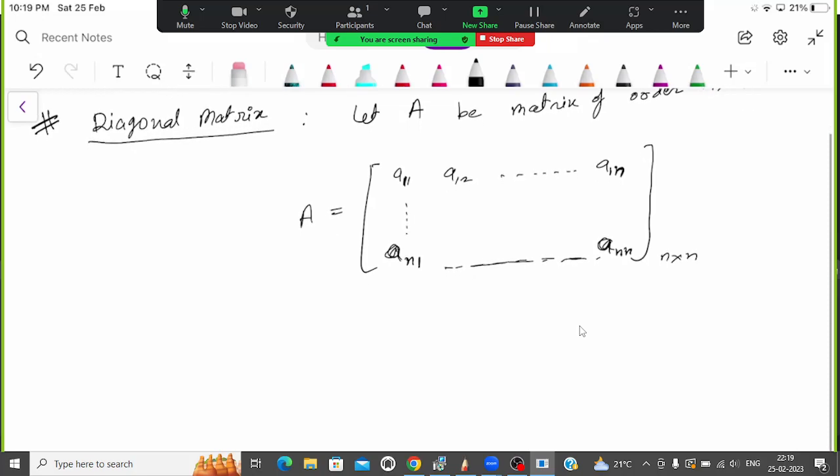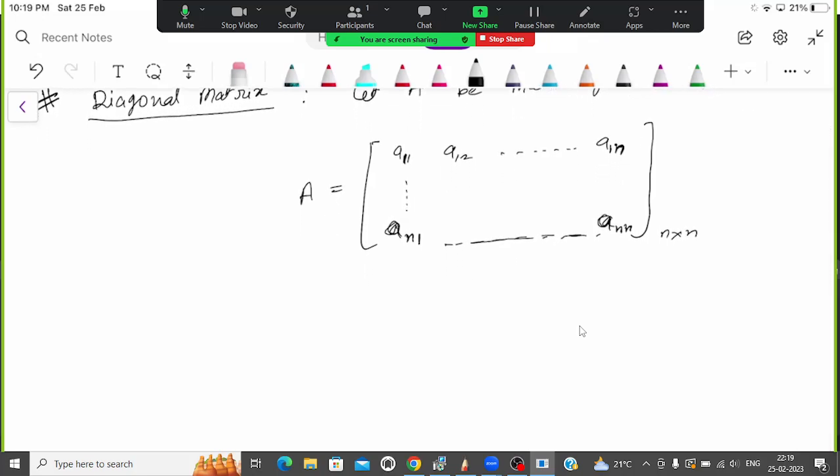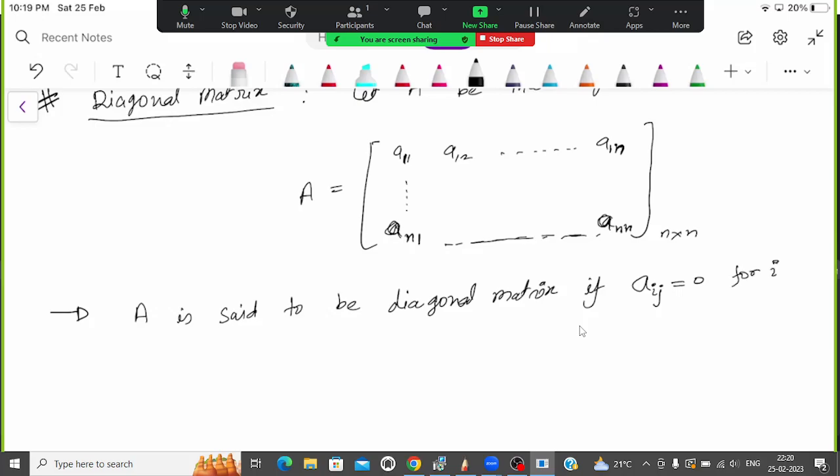Now, what is a diagonal matrix? You can call a matrix A a diagonal matrix if the element a_ij, meaning the ith row, jth column, is equal to 0 for i not equal to j, meaning row and column are not equal. What does it imply? Example: